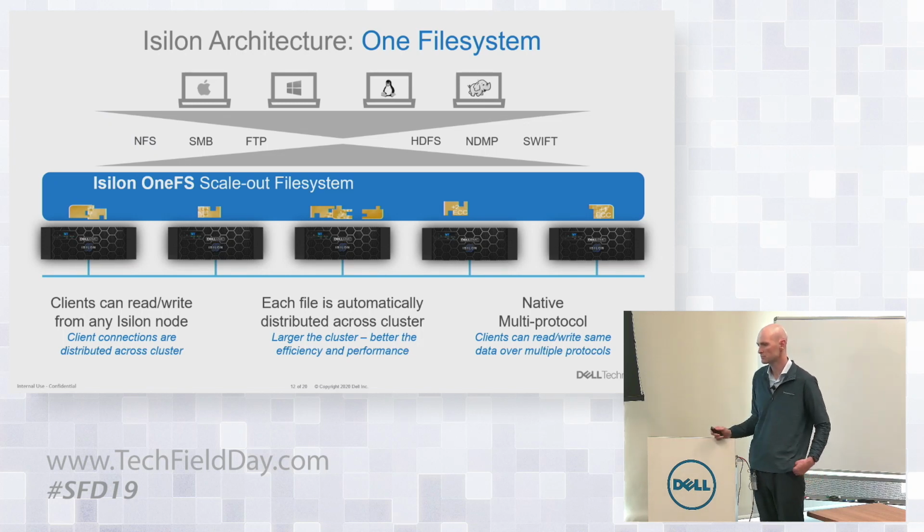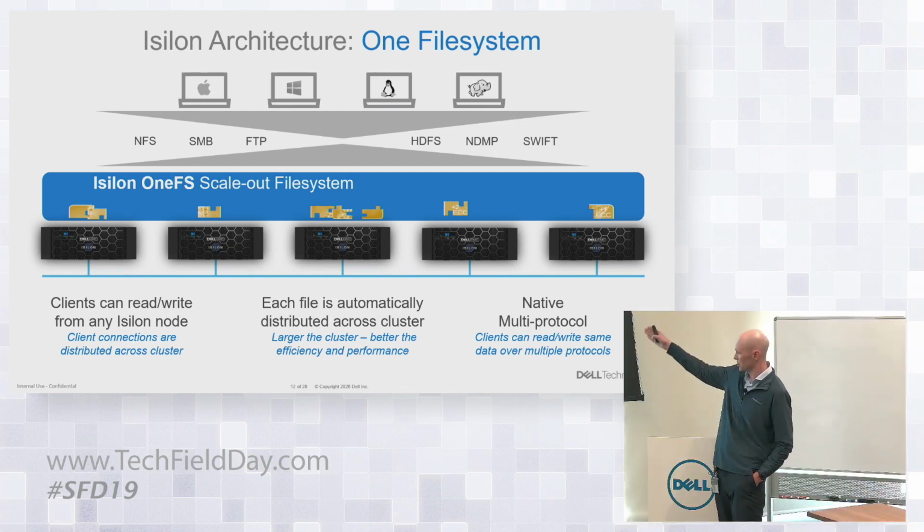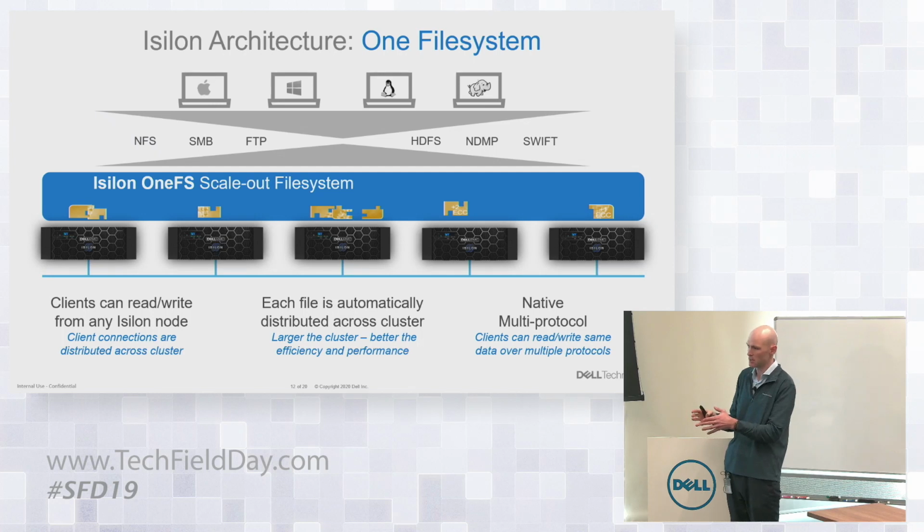But if you're using a single IP, then you're relying on... No, so let me clarify that. Each individual node has its own IP addressing. So you can talk to each individual node totally separately, and then the Smart Connect process is what controls which node you connect to. So basically how it works is